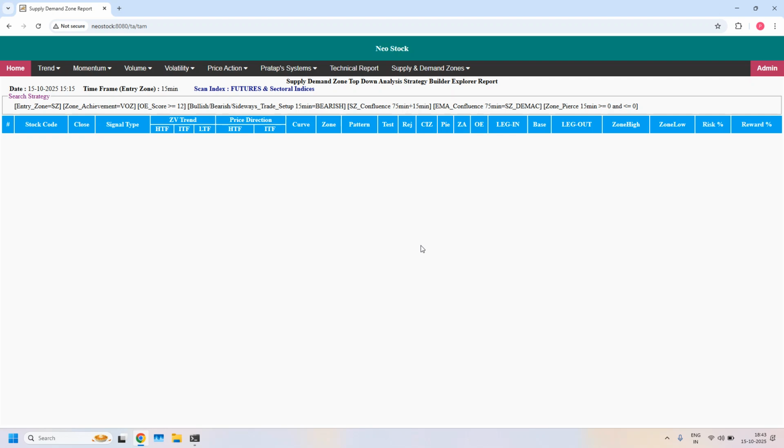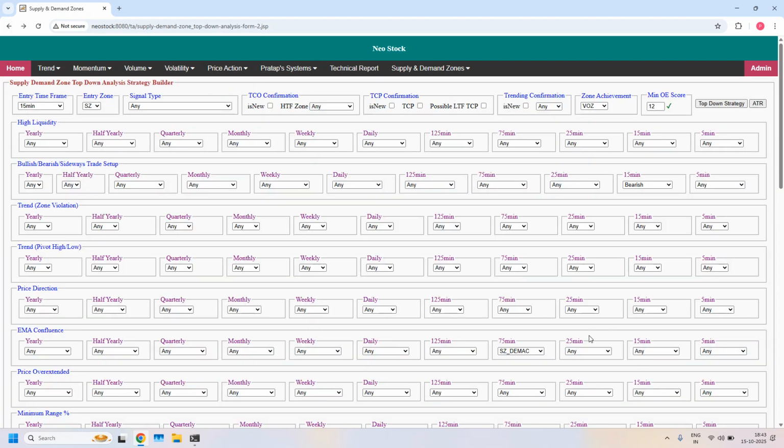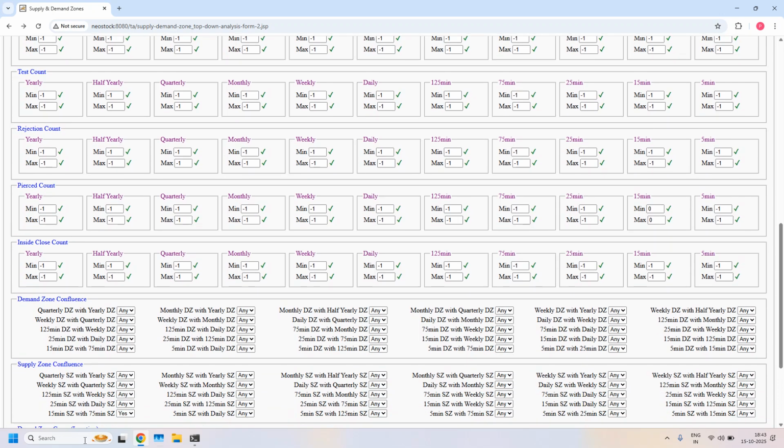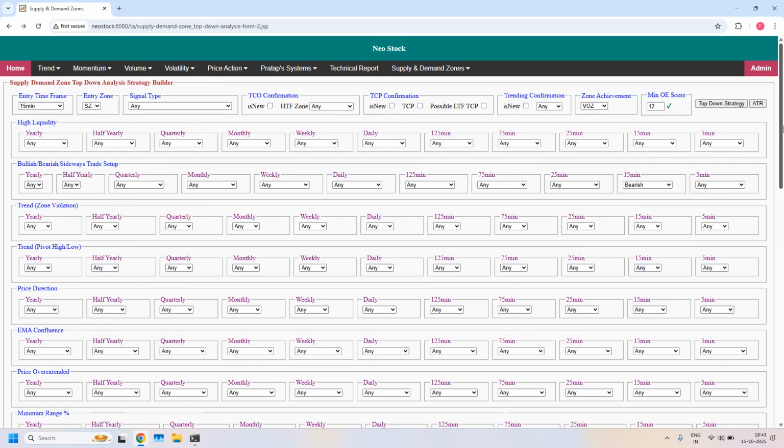So the next strategy is LTF, ITF, HTF supply zone Confluence and HTF EMA. So I am removing ITF EMA. In the supply zone Confluence, 3 filters I am setting. 15 minutes and 75 minutes supply zone Confluence, 15 minutes and daily, 75 minutes and daily supply zone Confluence. By enabling all the 3 filters,